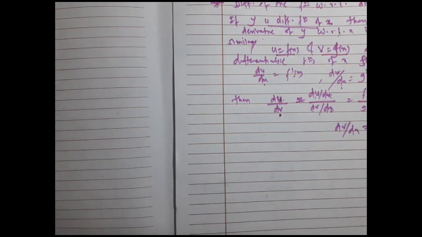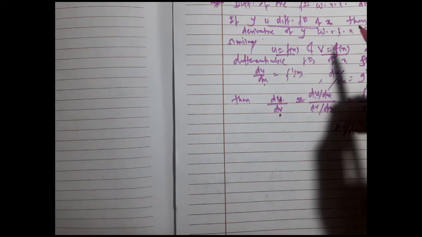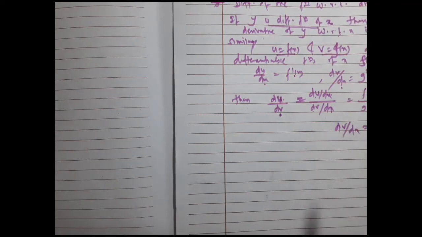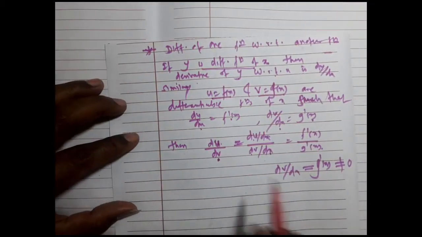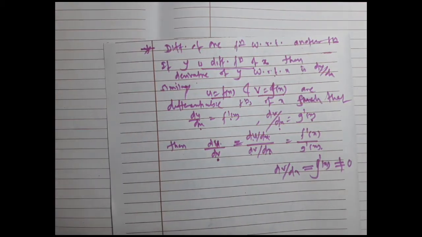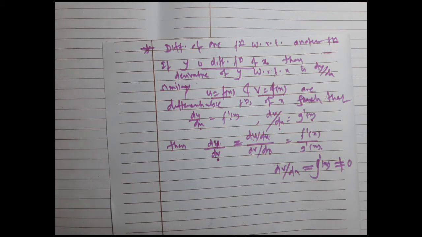So according to the problem, we are going to change the parameter. In the previous theorem, t was the parameter. Here, function of function, it is a mixed function. In this theoretical part, we are going to attain the trigonometric functions, algebraical functions, exponential functions, logarithm functions, implicit functions, derivative of composite function, derivative of inverse function. All these categories are included in this type of problems. Now we'll solve some problems based on these two.